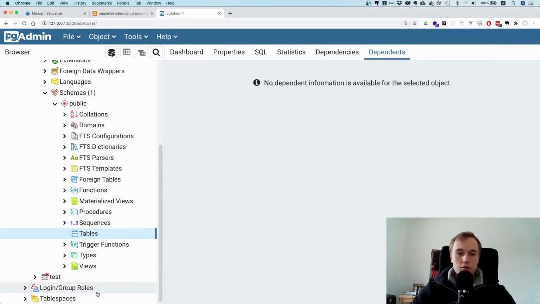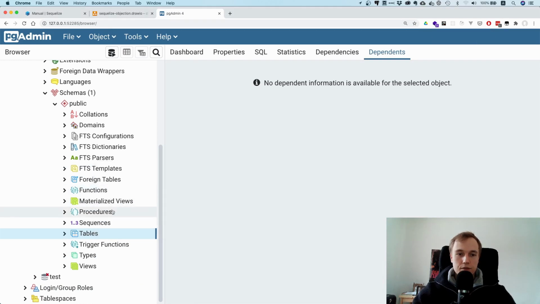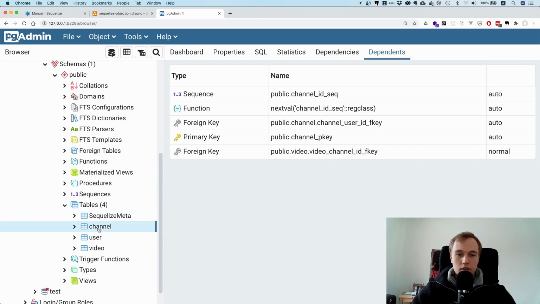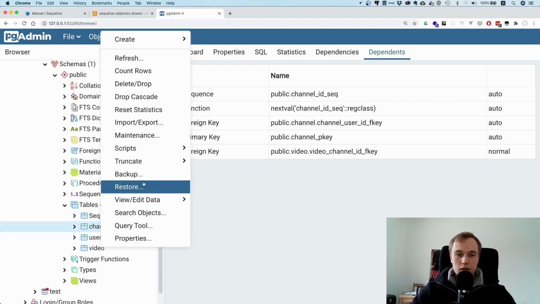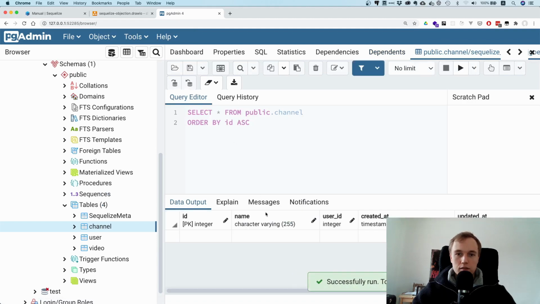And if we now go to our tables and we refresh, then you can see, whoa, cool. All of a sudden we got 4 tables even. Now you might ask, but why do we actually have 4? We only specified 3. So why do we have 4 now? Well, the reason is that the SequelizeMeta contains some information about which migrations have been run